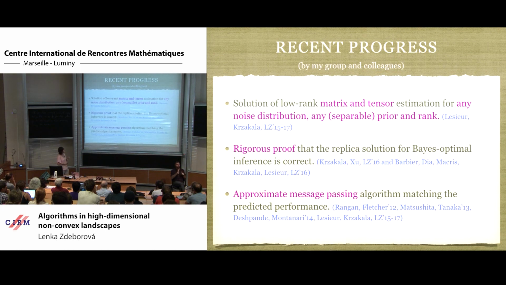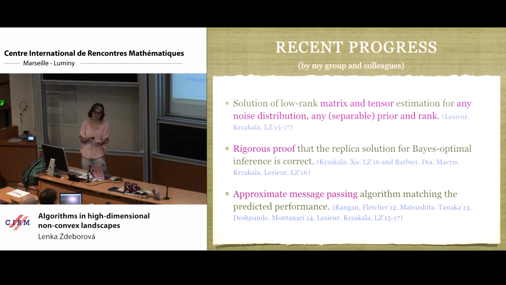The first point is that we can solve a much more generic problem than the game that we are playing here. Notably, the cards do not need to be plus minus one. I can have a generic distribution of real valued cards in the deck, and the solution is still valid. The noise doesn't have to be additive Gaussian. It can be any probabilistic channel from the product of the two cards to what I observe. And I don't have to be observing pairs, but I can be observing p-tuples, leading not to a matrix, but a p-order tensor. So that's about the first point.